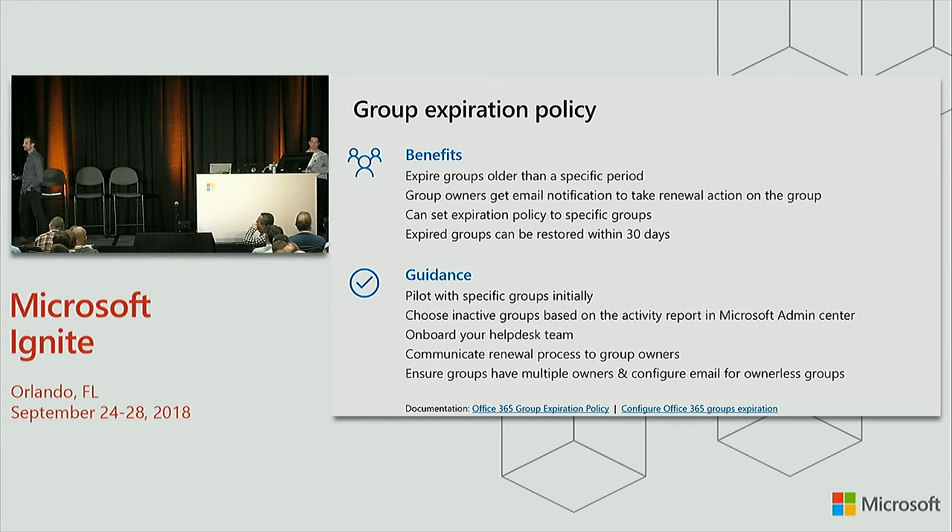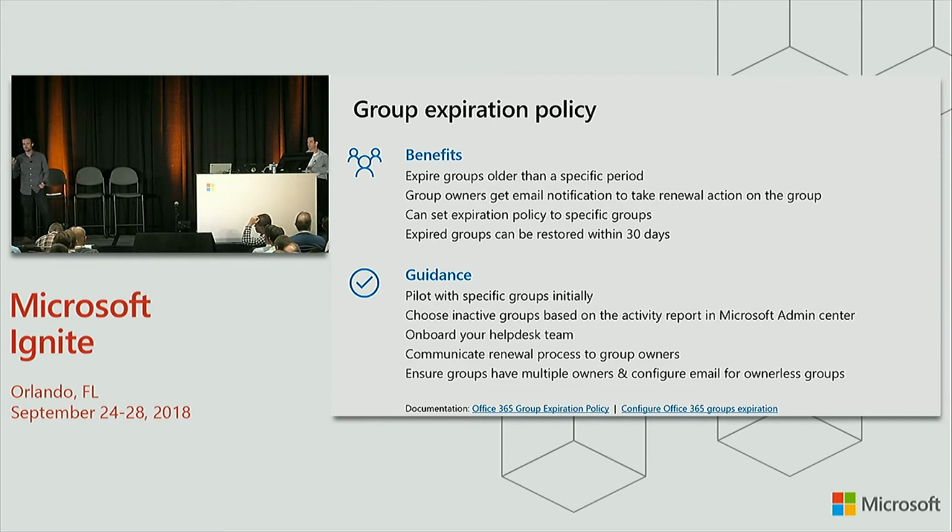And maybe at the end of the week, that project is no longer needed. It was mainly used to say, where do we go for happy hour, where are we having dinner tonight, meet me at the booth, whatever. So this expiry policy is something you configure, and from an end user perspective, the owner of the group is going to be reminded: hey, Christophe, do you still need the Ignite 2017 Teams? And maybe I don't need it anymore. If I don't renew, then that Teams, for instance, will get deleted. You still have the 30-day safety net, and if I still don't raise my hand, then it's permanently deleted.